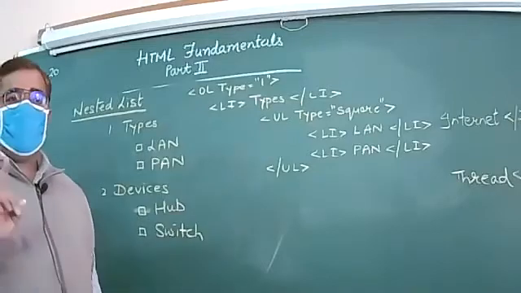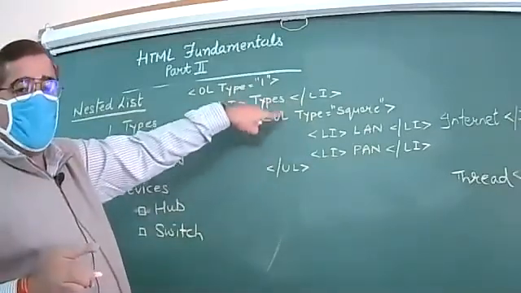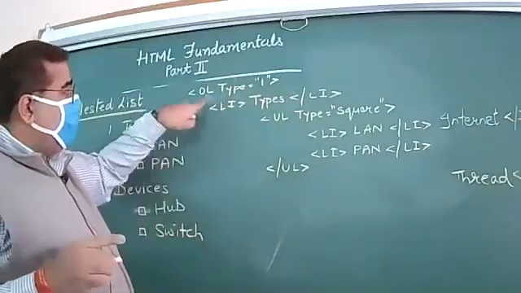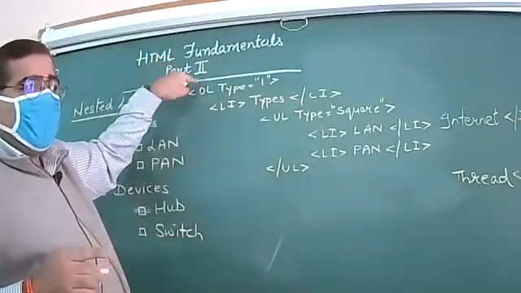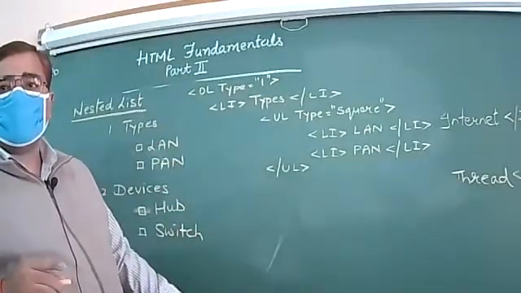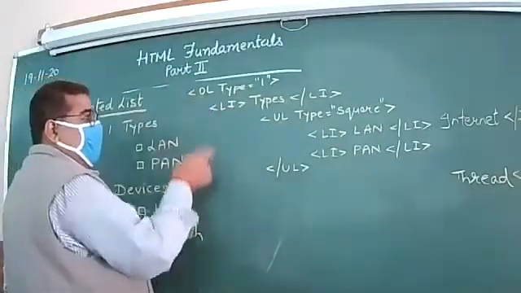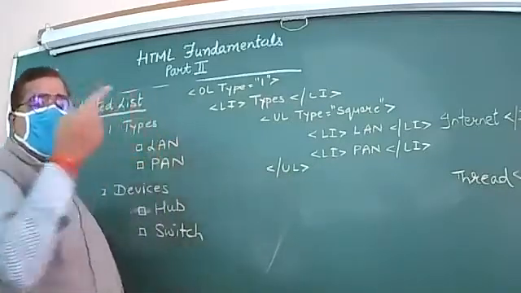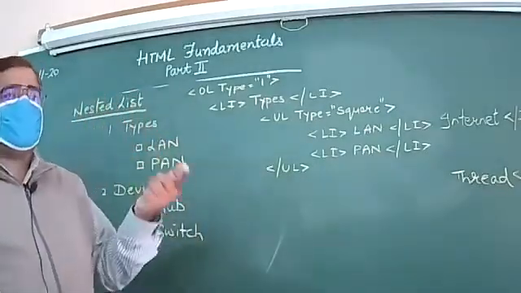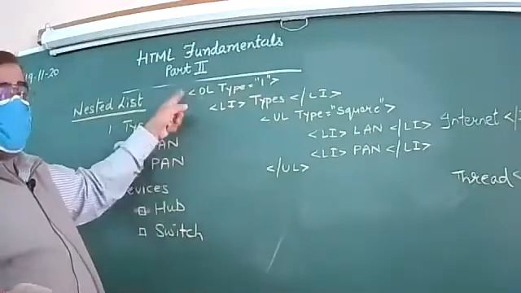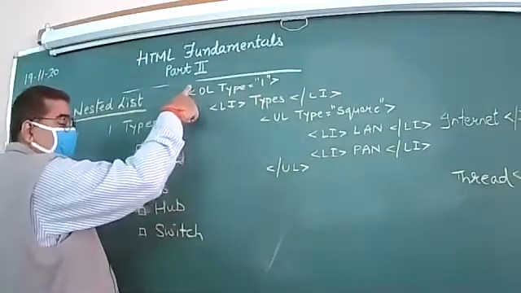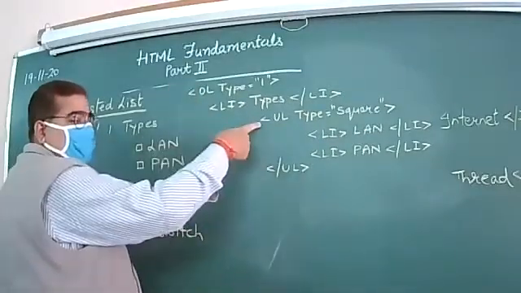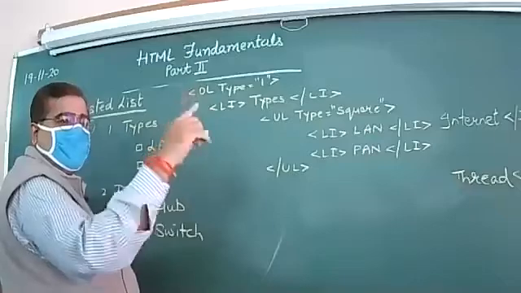Make one thing very clear in your mind. Inner list is opened, closed, opened and closed. Outer list is opened once and will be closed totally at the end. Don't keep on opening and closing the outer list. Sometimes I'll be using the word outer list, sometimes the word external list. External means this outer. It will be opened once in the beginning and at the end it will be closed. Inner list will be opened, closed simultaneously.